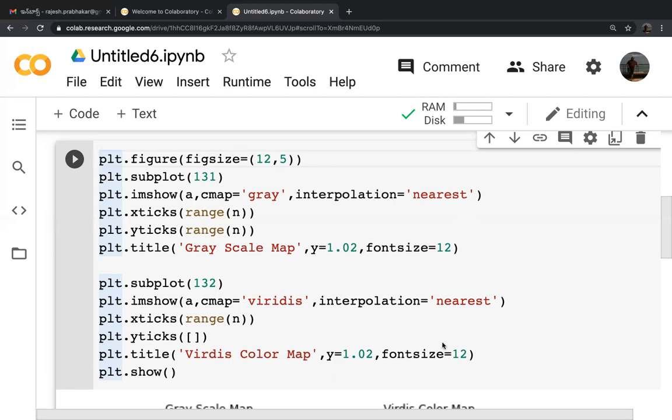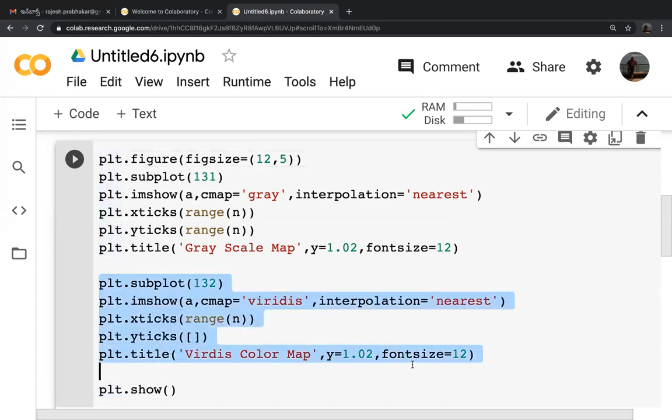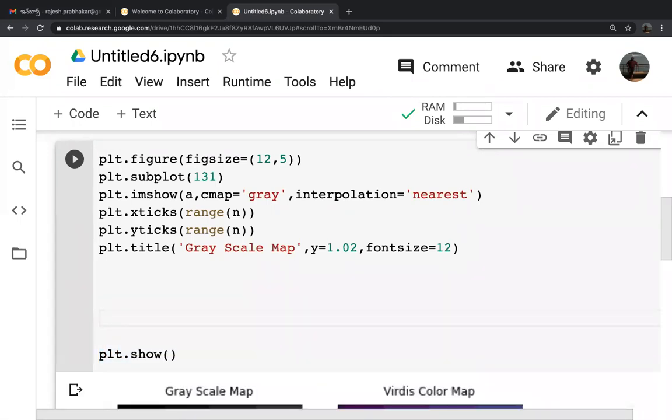Okay, now we can also create one more thing using the same matrix. I just copy the second one, Control C, and then paste it below. Sorry, I think I cut it.